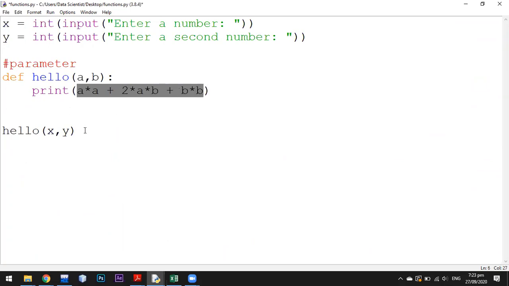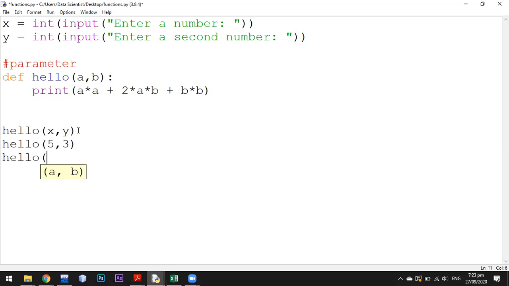So you can do this in multiple ways. Again I'm going to call this, and I'm going to pass it default values, hello, and 3 comma 4. It will work the same.